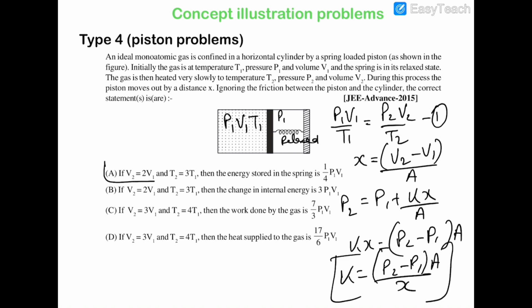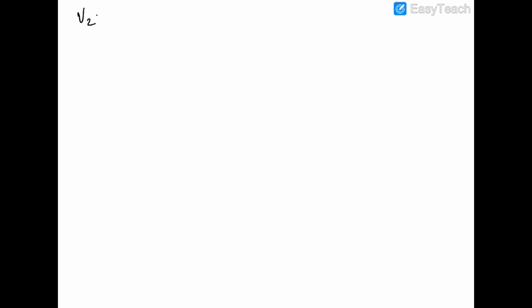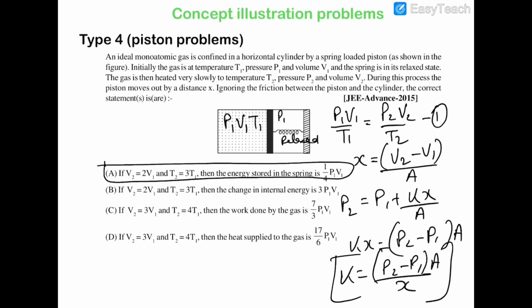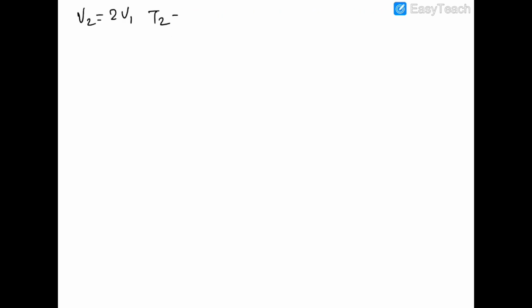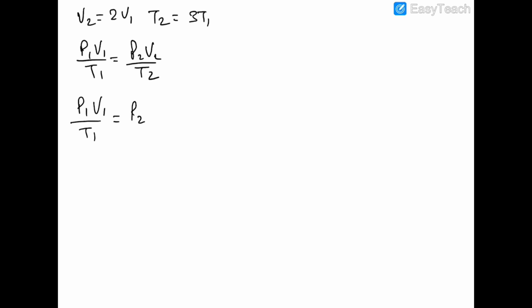Now first of all we have to find out the energy stored in the spring if V2 is equal to 2V1. So in the first option V2 is equal to 2V1 and T2 is equal to 3T1. So we will use P1 V1 by T1 is equal to P2 V2 by T2. So P1 is P1, V1 is V1, T1 is T1. P2 we have to find out. V2 is 2V1 and T2 is 3T1. So cancelling out T1 with T1 and V1 with V1, P2 will be equal to P1 by 2